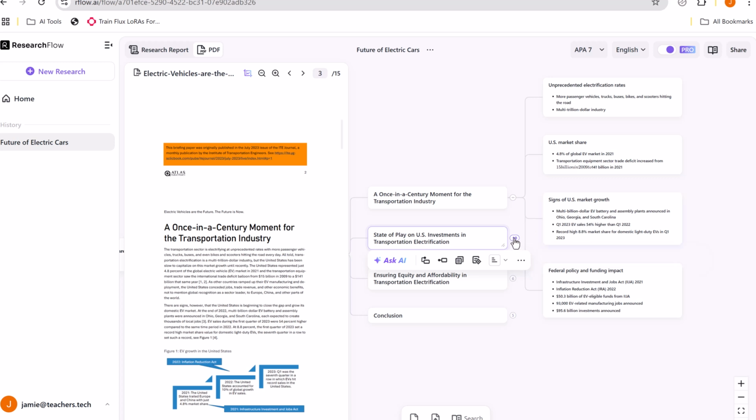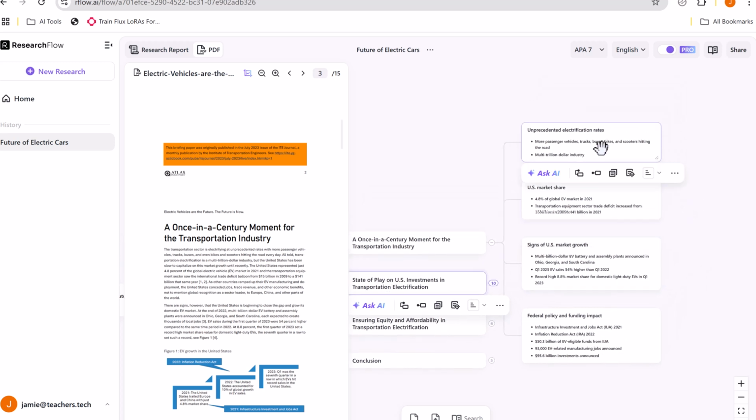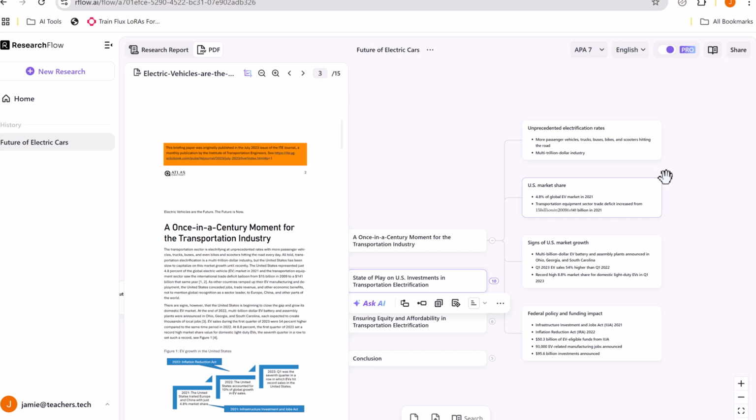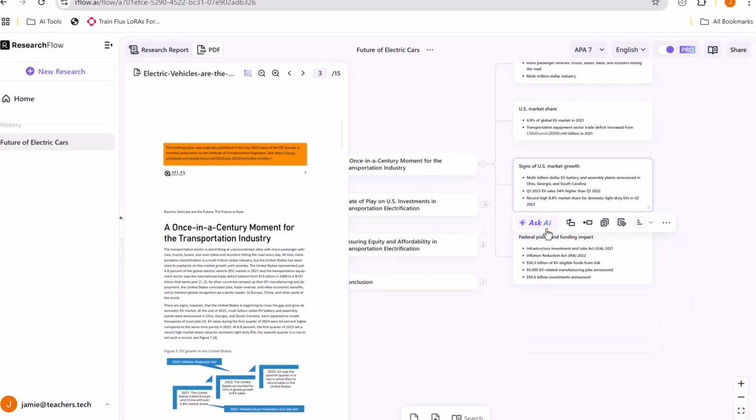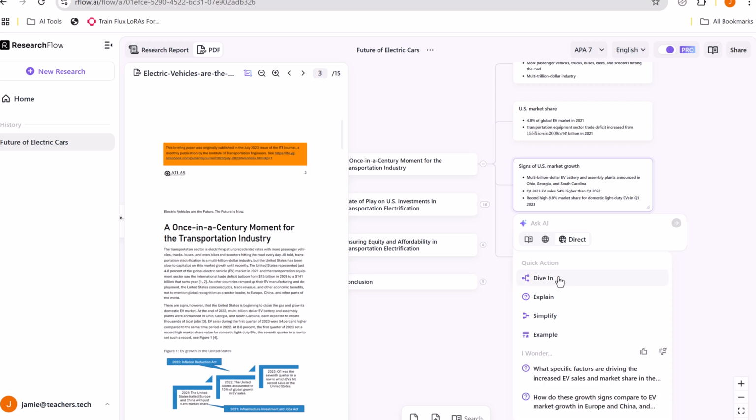Now, as you're opening these up, and if they get to the end of the mind map, you can go ahead and use AI to find out more information. So here's an example. I'll click on this one, signs of US market growth. With this, notice if I ask AI now, I can do a quick action of dive in,